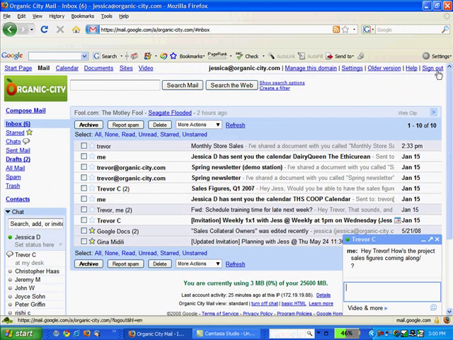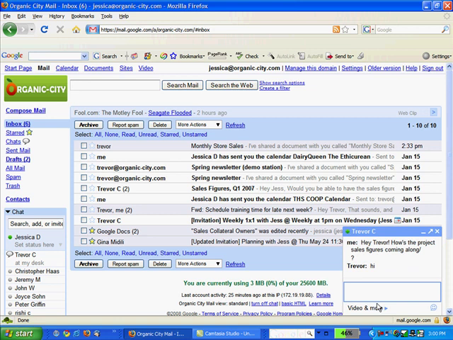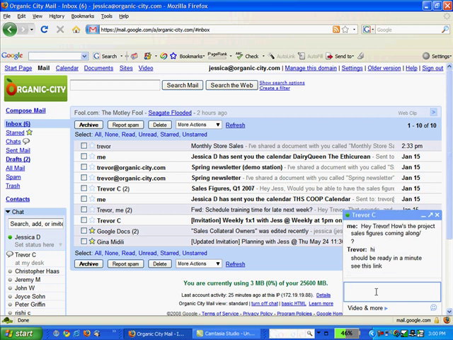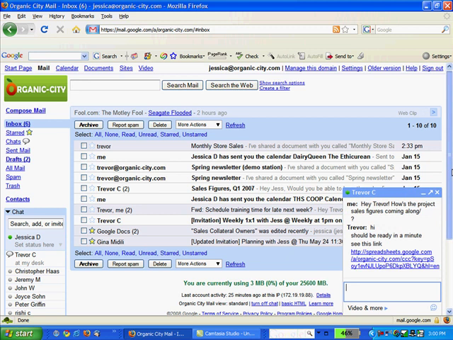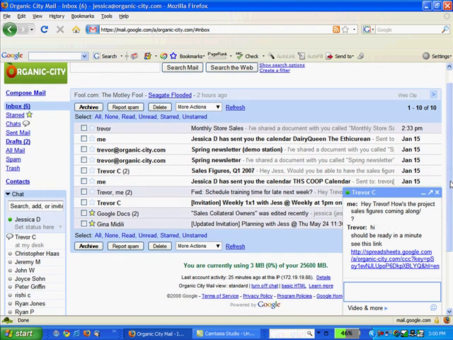So another great feature within the Gmail client are threaded conversations. And actually we can see that Trevor has been able to quickly respond to my instant message here. And again, you can have multiple chat conversations going on at the same time. So going back to the threaded conversations, one of the very popular, very useful features that we hear from a lot of our users is the ability to thread conversations and